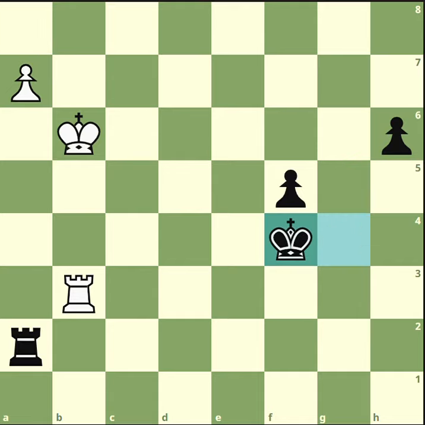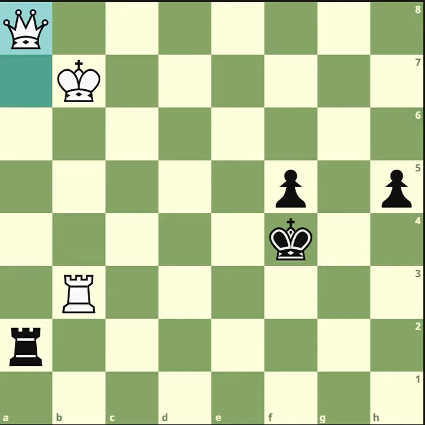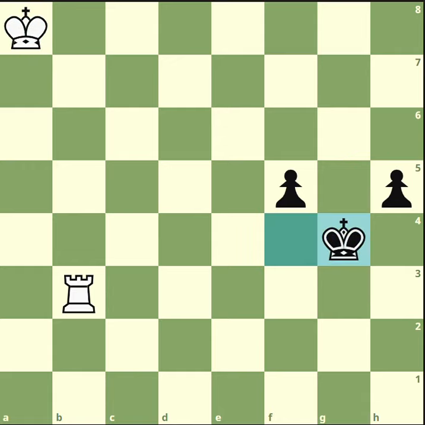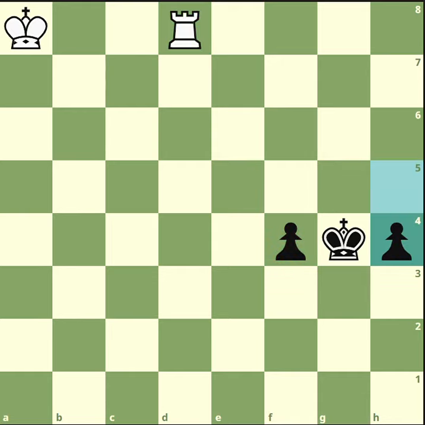King takes f. Now king b7, so if you queen, then rook takes, then the king would be able to capture the rook. And now h5, this is the point. White gets a queen, rook recaptures the queen, king takes, and now this king is way too far away from the action, and I'm afraid you can try any sort of thing, and this is a draw because black cannot